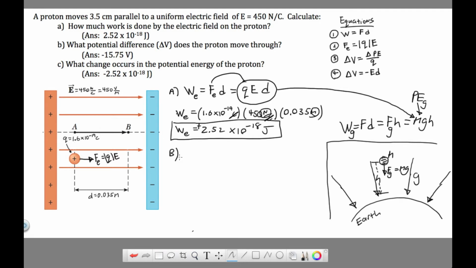B, what potential difference or voltage does the proton move through? So here's where we're going to use the fourth equation on my list of equations. But before we do it, I just want to talk about the fact that this answer is going to come out negative. One thing you should be aware of is as you move down an electric field, volts always get